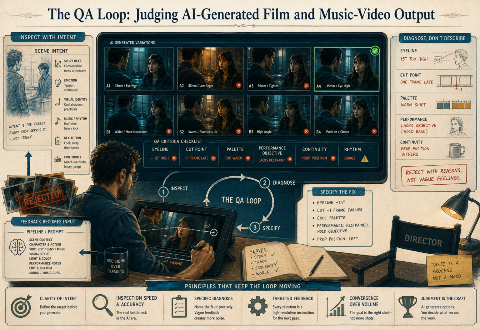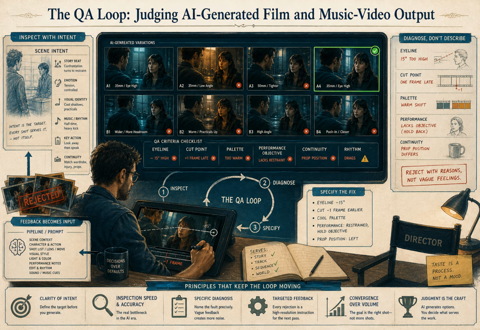Next, use a fixed inspection order every single time. That keeps you from getting hypnotized by surface polish. Look at shot size and framing first. Then check eyeline and sightlines because they drive meaning. Only then evaluate performance and energy inside the frame. After that, judge edit rhythm and cut point. Then color and palette, then continuity with adjacent shots. Finally, check sound sync and the audio-image relationship.